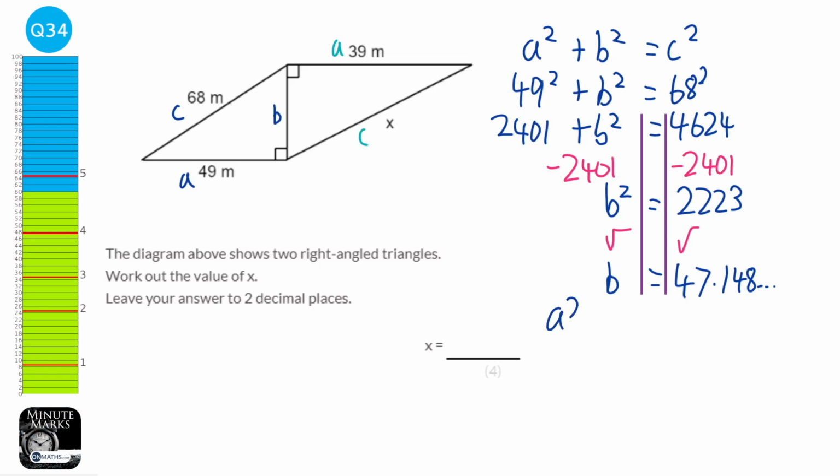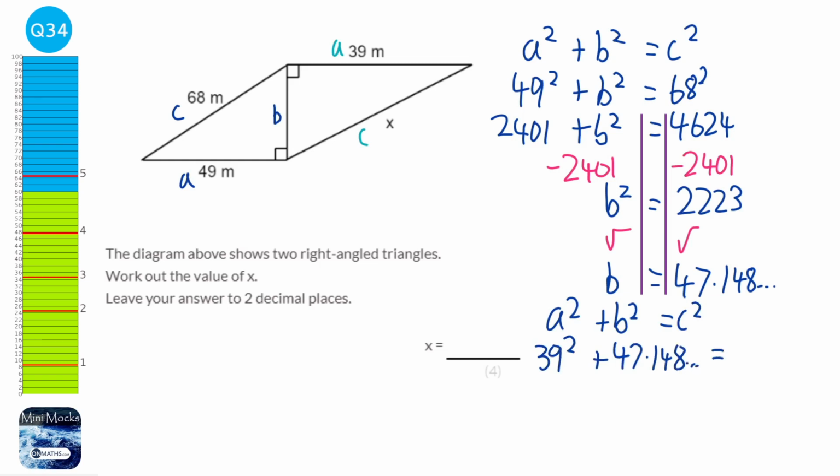So it would be a squared plus b squared equals c squared, but this time a is 39. b we are given as 47.148, we've just worked that out, and we're looking for c. In fact, we can call it x now. Okay, so we need to square that. So we do 39 squared plus 47.148 squared, and that will be 3,744